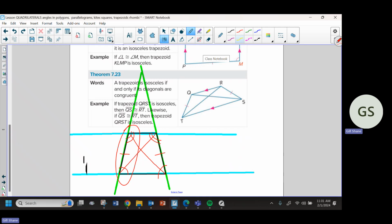I'm surprised they don't, I mean, they love creating theorems that you don't need, but I'm surprised that's not a theorem for this too, that consecutive angles add up to 180 or opposite angles add up to 180, something like that. But not at least in this book. But it is true. Let's just use easy numbers. If I have X and X, and then this is 110, and then that's 110. And we said, well, X plus